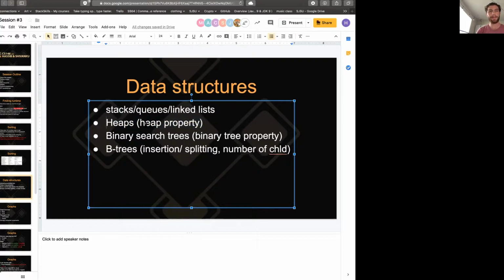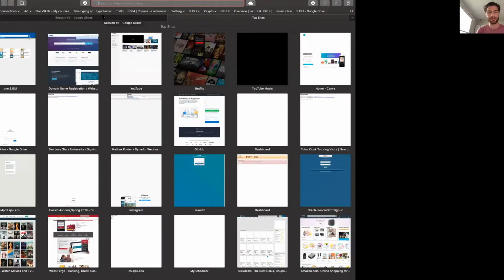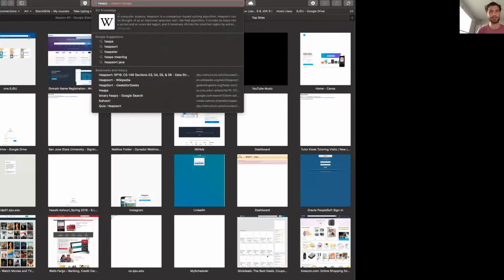It's also an important skill to know, if you're given a list in the midterm or the final, whether it is a proper heap or not a proper heap. Usually a good resource to visualize what a heap list looks like, or what you expect it to look like, is this Wikipedia picture. If we Google heaps,